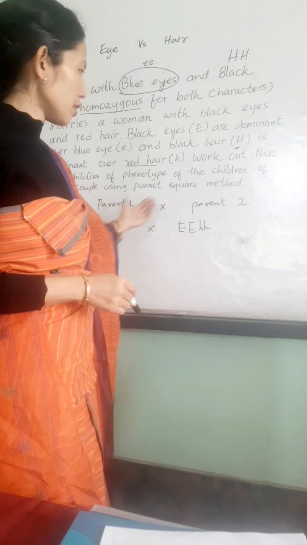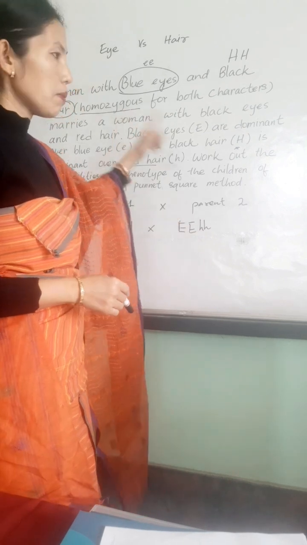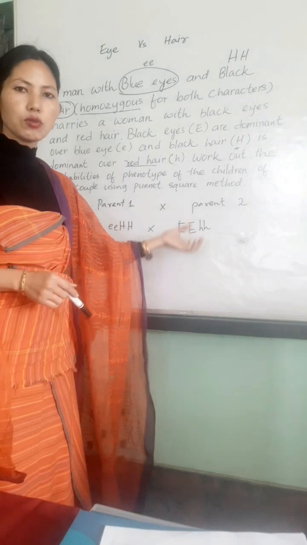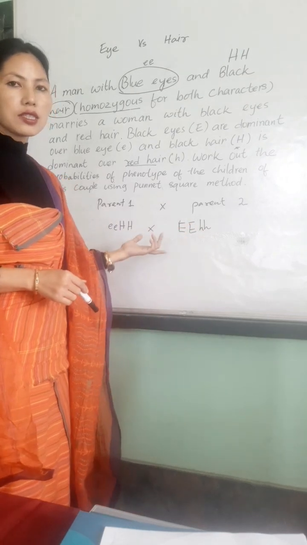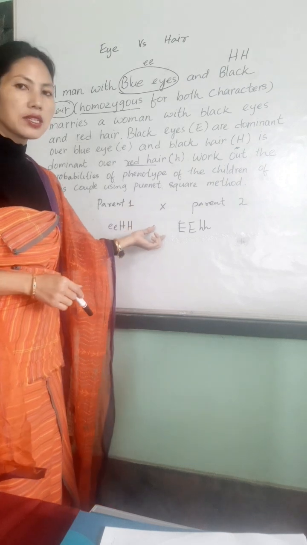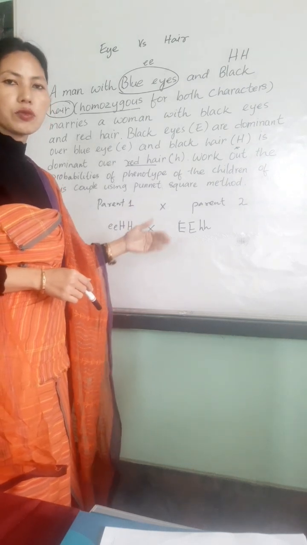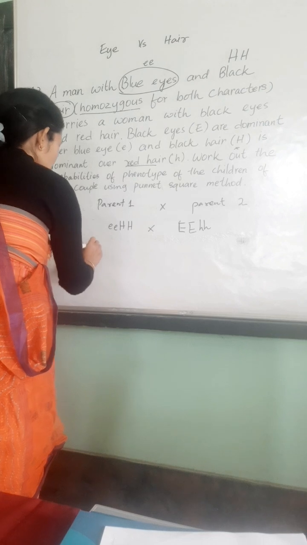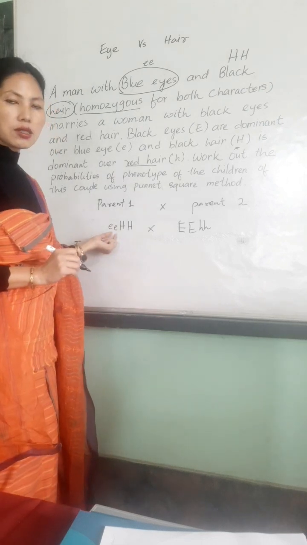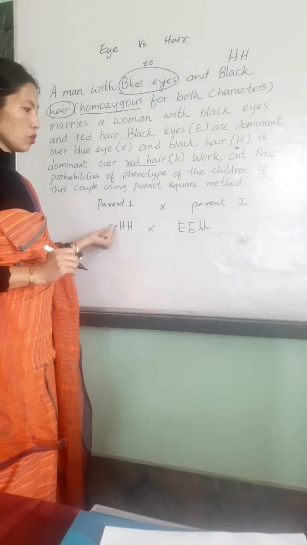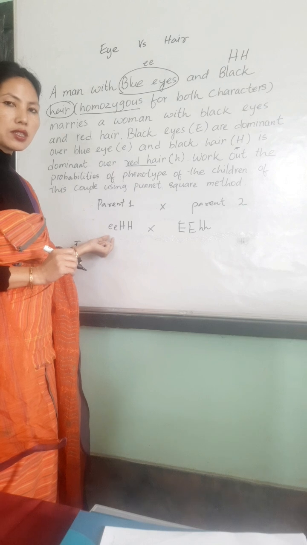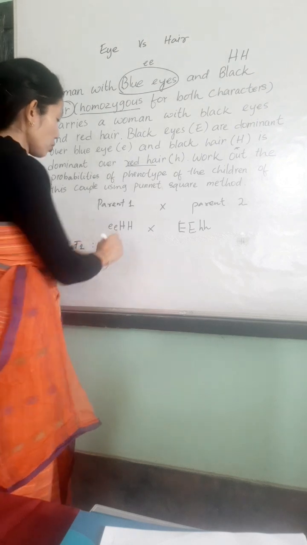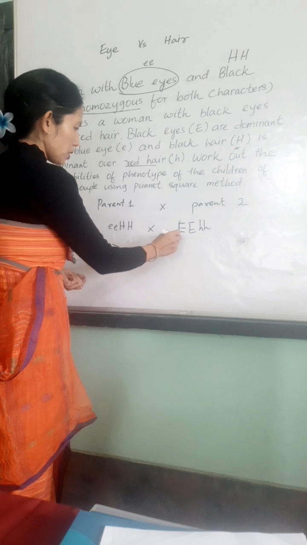one parent and the other parent. Accordingly, step by step, you keep writing down the genotypes for parent 1 and parent 2. Now the second step is easy. This is the parental generation. The next generation, the result that we obtain, is known as the F1 generation. In the F1 generation, since it's a homozygous condition, the same allele will be inherited from each of the parents. So for eye color, small e from one parent and capital E from the other parent.